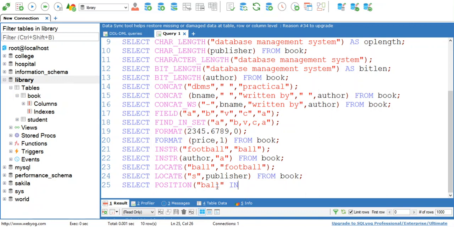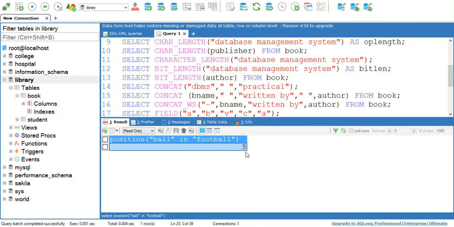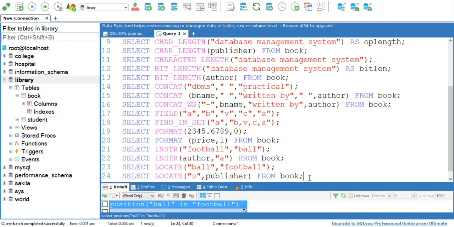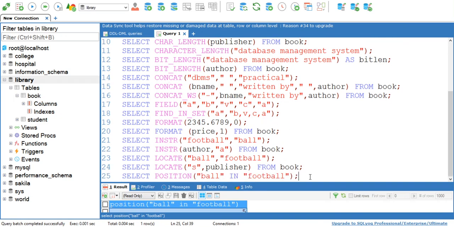I want to find the occurrence of ball, use the in keyword, and then write down your original string. You'll get the same output as INSTR and locate. At the output you can verify this, that is fifth. This ball substring appears in football at the fifth position.